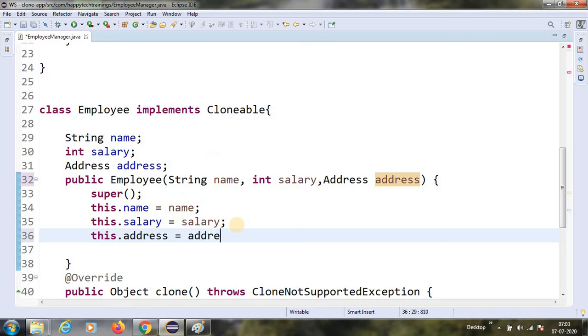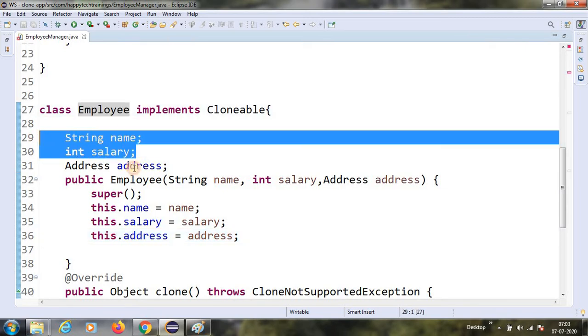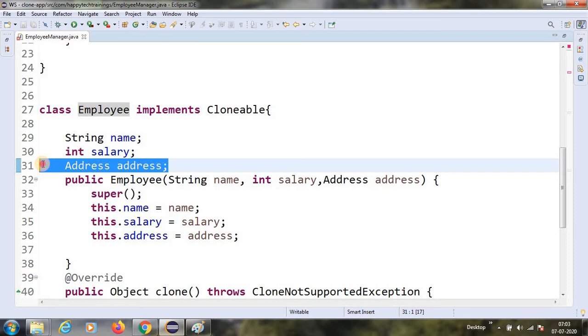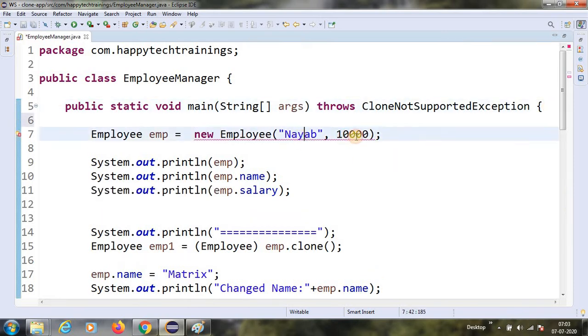For clarity, in the employee earlier there were only two properties. Now we have a composition, an aggregation or composition, a has-a relationship. We have one more class, the address class, so that part also we have to see. Earlier while creating the employee object, we passed name and salary. Now we have to pass address also.